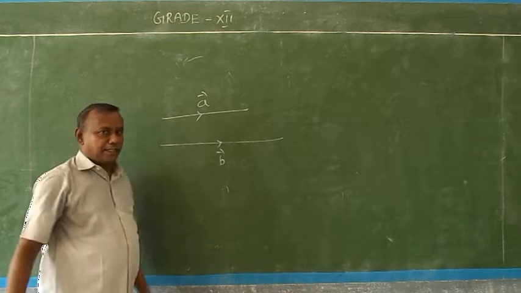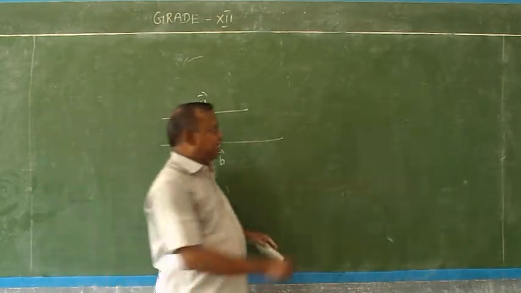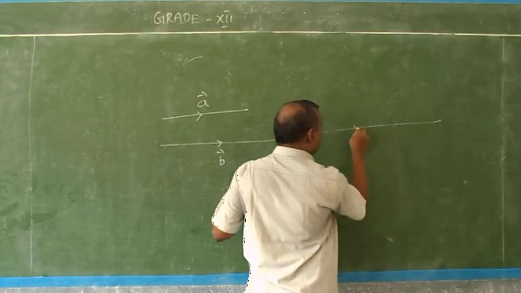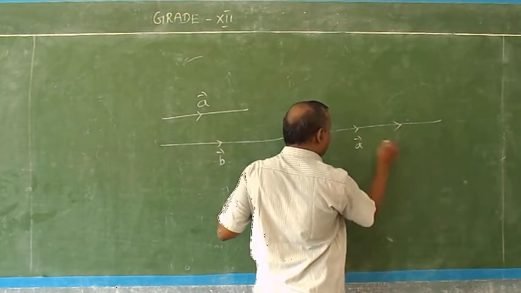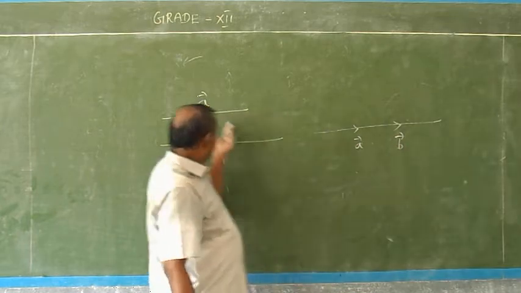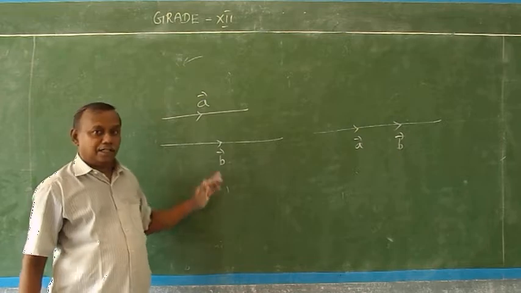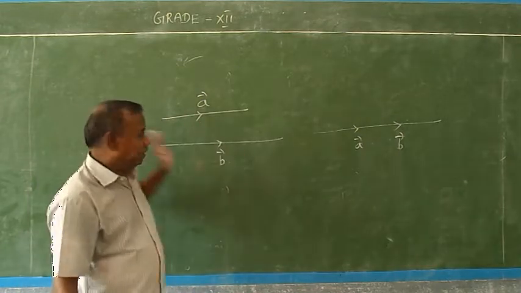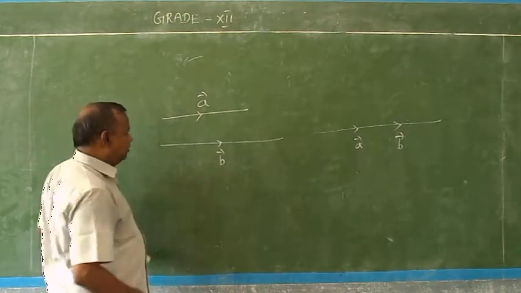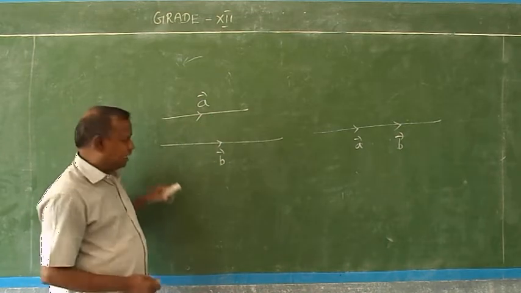First of all, collinear vector means either parallel or having the same line of action. So if a vector and b vector have the same line of action or are parallel to each other, in both cases a vector and b vector are collinear vectors. We can compare the ratio of these vectors, in terms of scalar quantity.